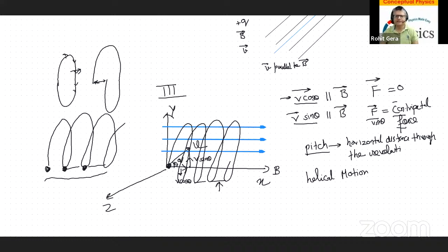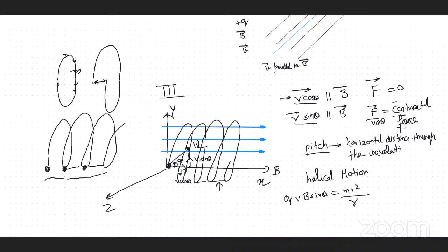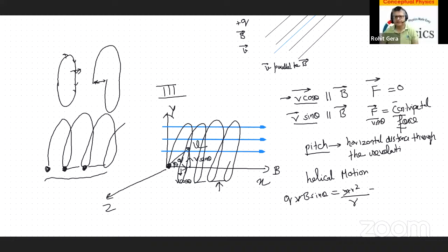Diagram is a helix, right? If you have to find the circle radius, obviously the centripetal force is coming from q v sin theta is equal to mv square by r. वही सेम रेडियस निकल आएगा. ये v भी कट गया. So q B sin theta is equal to mv by r. So r is equal to mv by qB sin theta. So that's the radius of your